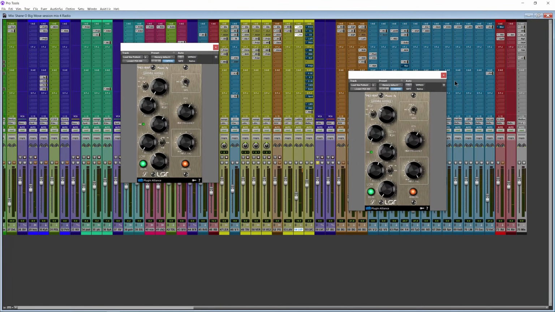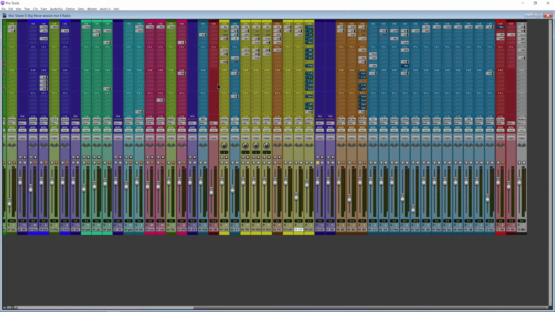So this is another form of parallel compression to get the vocals in your face and a little bit more tight. Some of the plugins on this channel came in the session that I received from the engineer. I just add on to it because it already has a certain tone and color, so I really didn't want to change the texture of the vocals dramatically, so that it would not be recognizable and not sound similar to the actual song that they already have or have already heard.